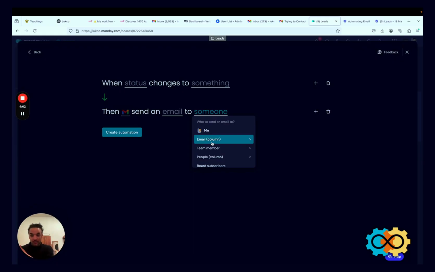Then that person, not the lead, but the person who's in charge of that lead, could get an email. Or you could even assign a team to a certain thing. Let's just say we have a contact and you assign a team, the marketing team or the sales team or the New Jersey branch or the Colorado branch or the Moroccan branch. You could actually send that email out to the entire team via the people column,